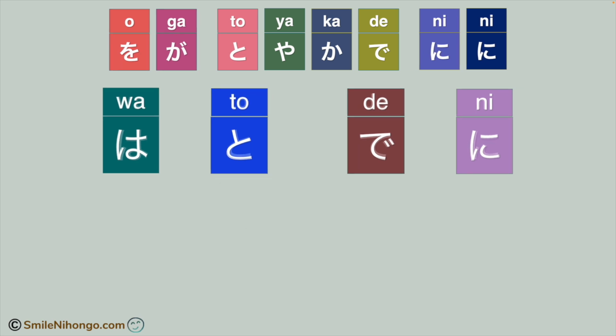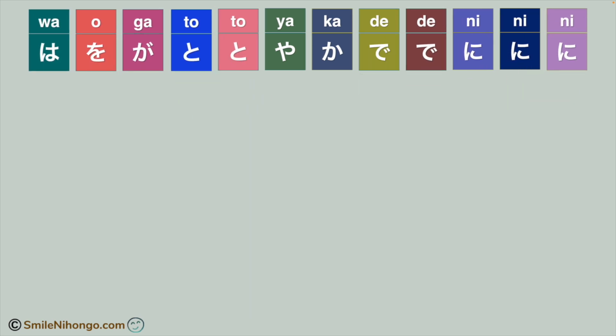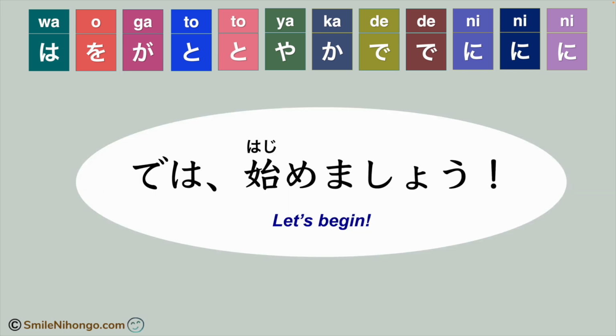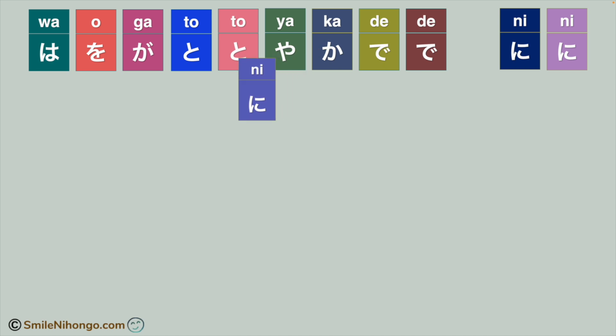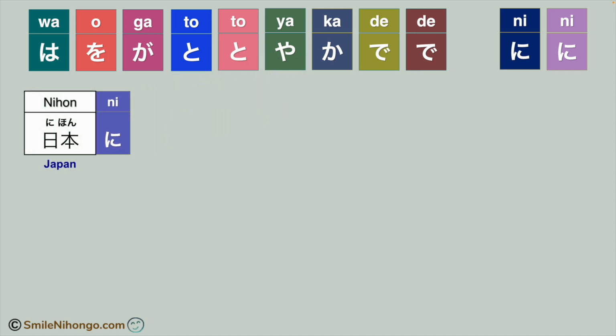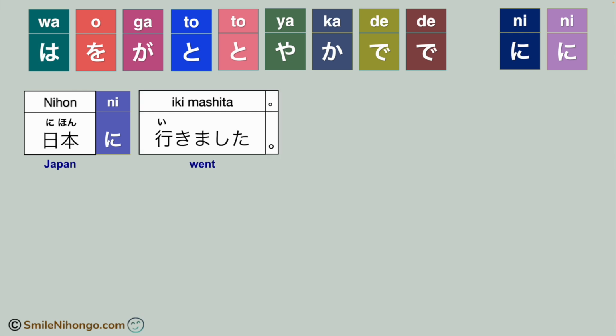Let's add these particles to the list for today's lesson. I'm going to show you how we use these particles in Japanese sentences. では、始めましょう。I'm going to start with the destination marker に。日本に行きました。I went to Japan. Simple, right? Now, let's say I don't want to end the sentence here and want to keep going. In that case, I have to change this verb, 行きました, to the て form. 行って